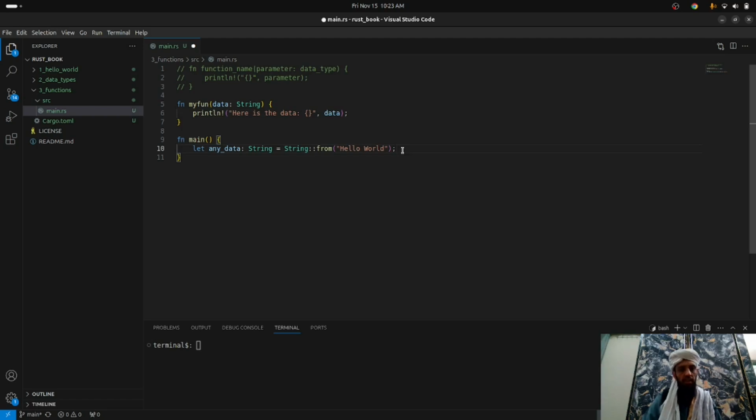These are the separate things that I will be talking about later, but you need to keep this in mind, that this is the data, that is the data type string, and this is how you can declare the hello world in a string, right? Now let's call this function my fun, and then any data. Now if I run this cargo run,